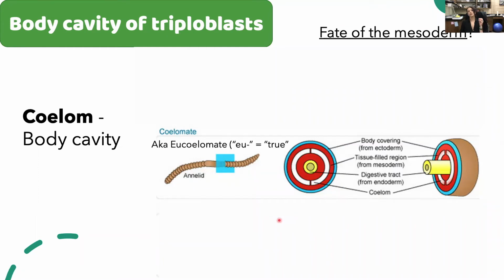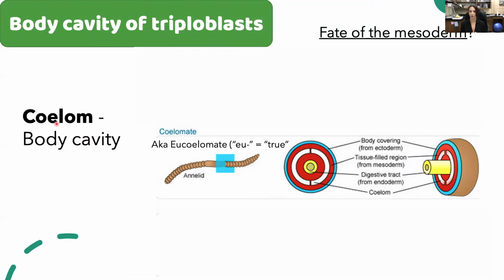Digging into further subdivisions of the triploblast, we can begin to talk about the presence or absence of a body cavity. So we can separate animals that may develop an internal body cavity that is derived from that mesoderm. This body cavity is called the coelom. Those with the body cavity are called coelomate organisms. Coelomate invertebrates include the annelid worms, like our earthworms,